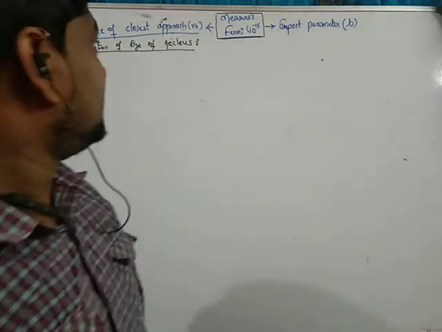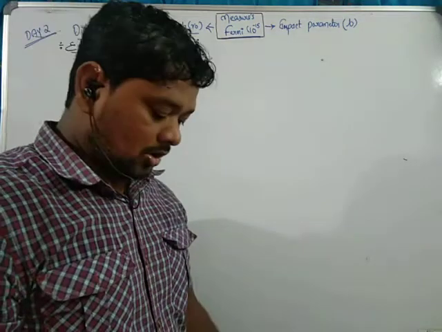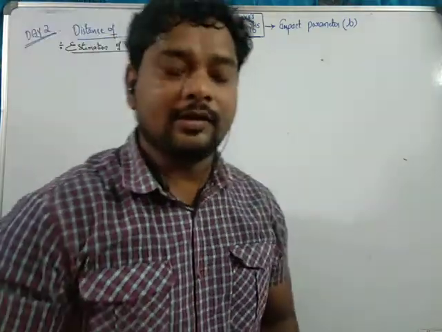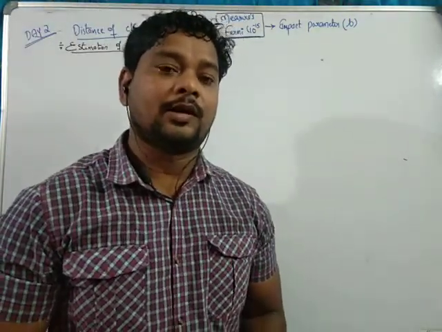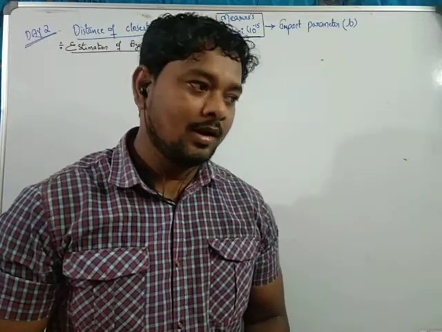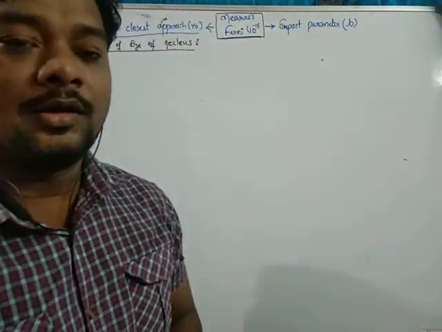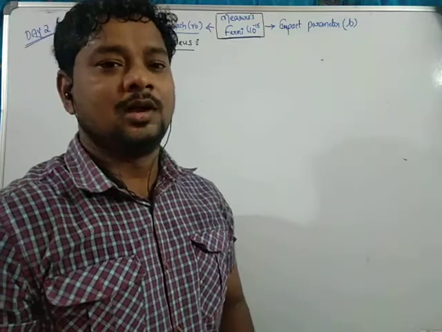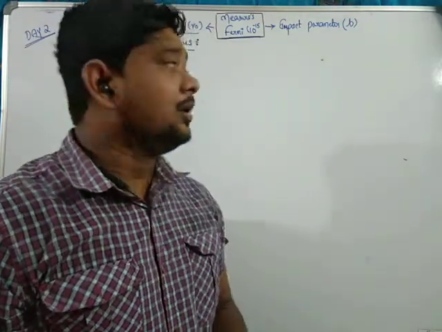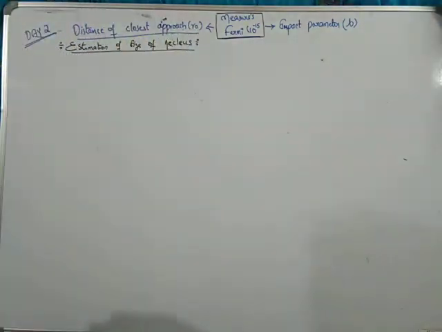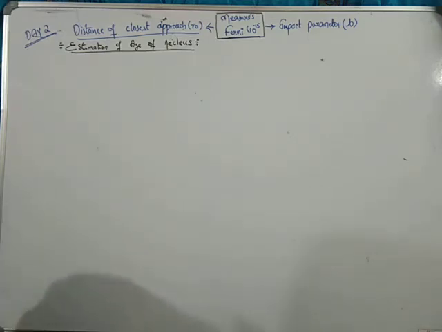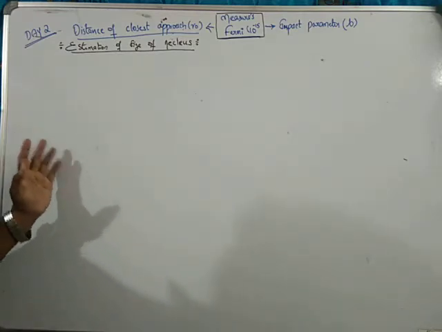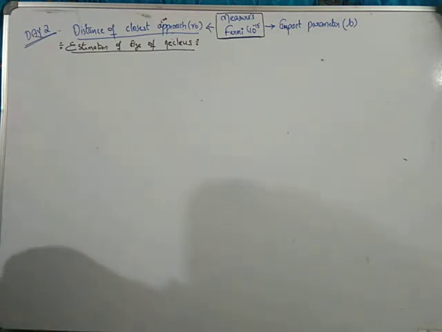It's the day 2 lecture of atoms. Already in day 1 we studied different concepts like an introduction to the alpha particle scattering experiment, and we defined Rutherford's observations and one drawback. Next, in day 2 we will define the distance of closest approach, which we represent with R naught, or we can call this the estimation of size of the nucleus.